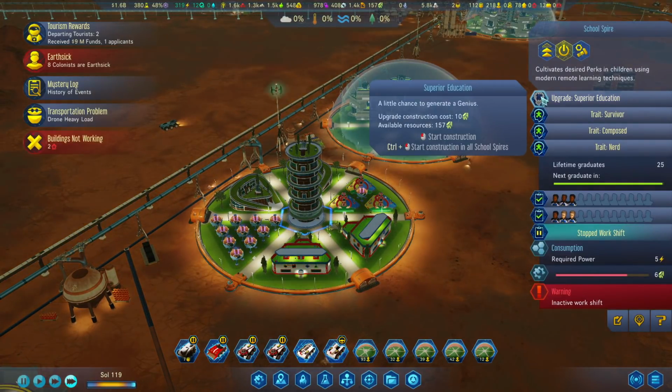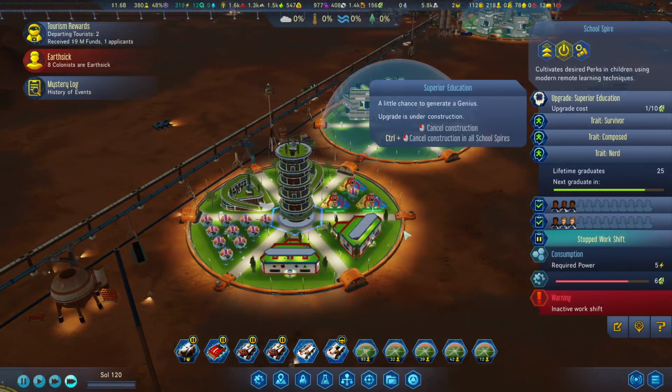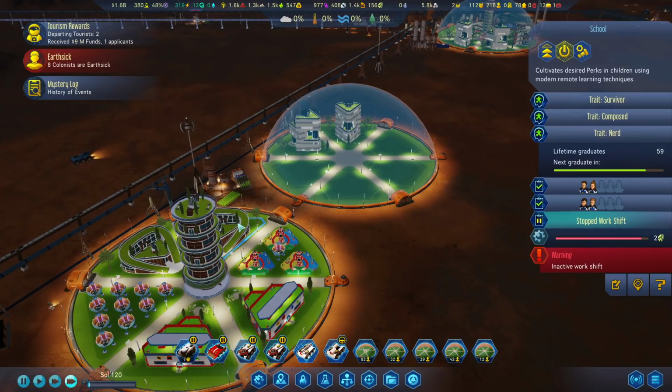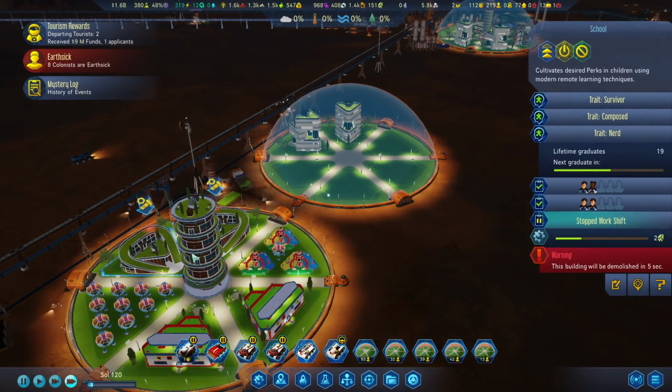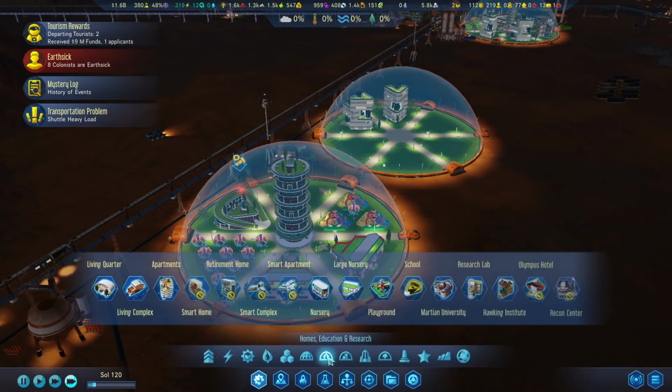Ooh, upgrade to superior education. A little chance to generate a genius. Hello. Yeah, let's do that. And actually, I'll be able to clear out probably both these schools, because there's a lot of room there. Yeah, I'm going to clear out both these schools and put in some more nurseries. And since I'm here,